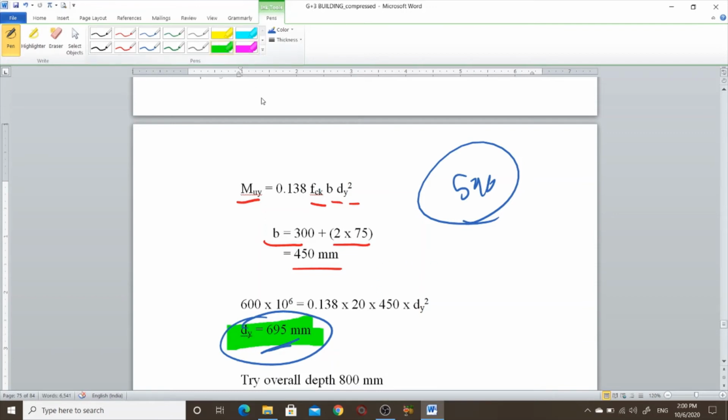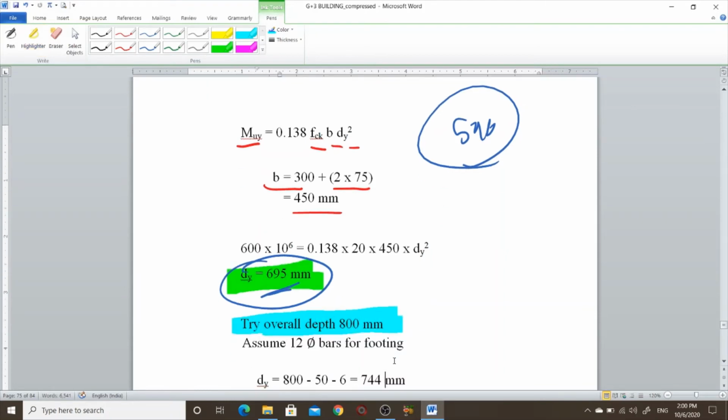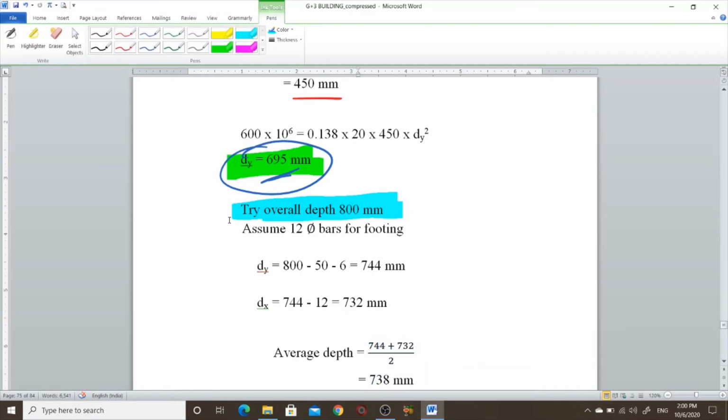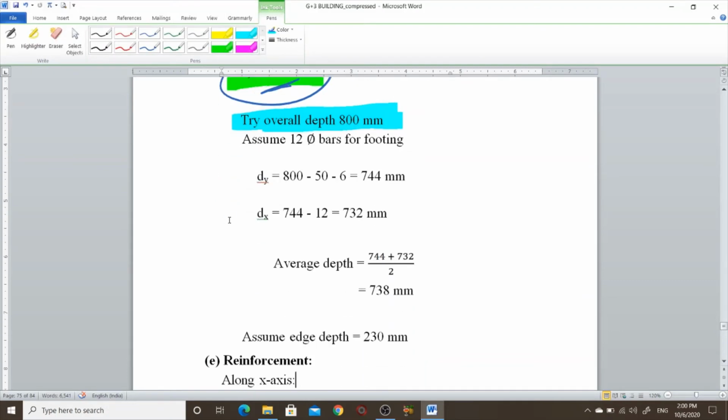So for the design of footing we use an overall depth of 800 mm. And then after, we will calculate effective depth dy and dx. 800 minus 50 mm cover, 12 mm dia, 12 by 2 is 6, so 744 mm, and dx is 744 minus 12, equal to 732 mm.